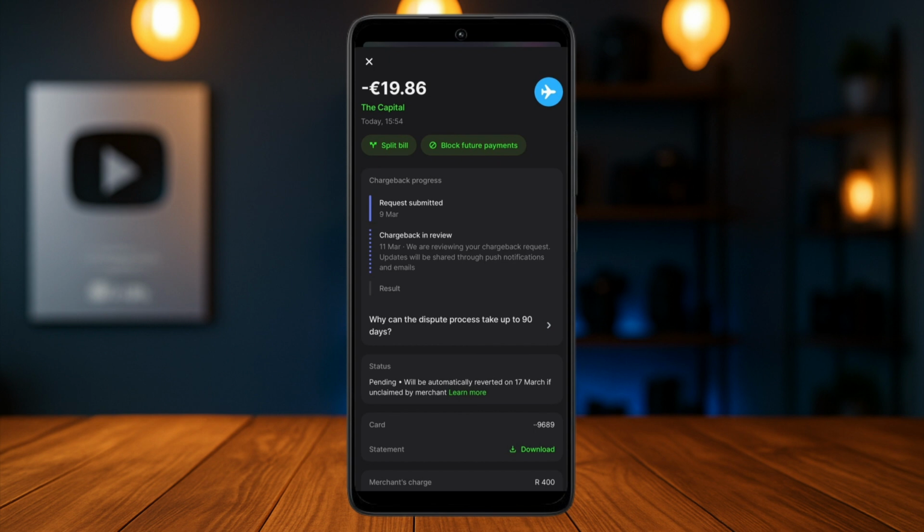right beneath the split bill and block future payments, you'll have an option called chargeback, or it may even say create a dispute. Just need to tap on that particular option and then add in your reason for this particular dispute. Make sure that you add in a proper reason so that the receiver of the payment as well as Revolut can verify it. Once the dispute now has been made, you can also take a look at some of